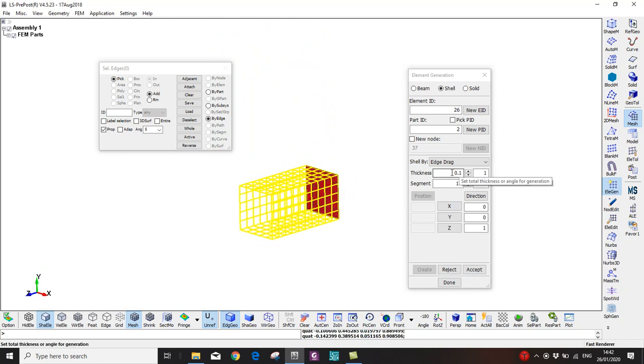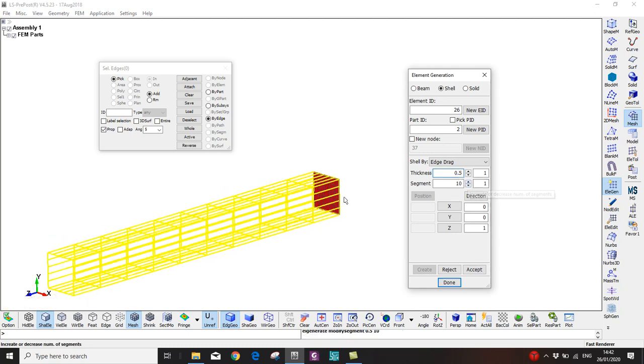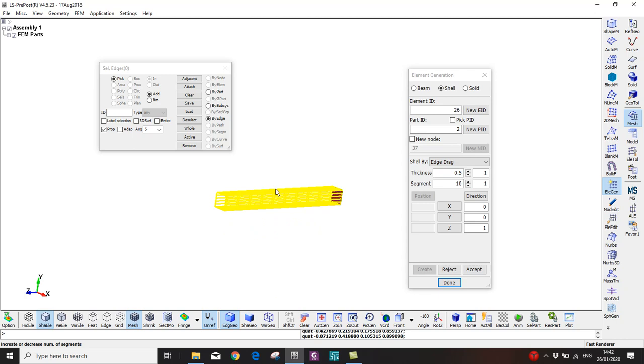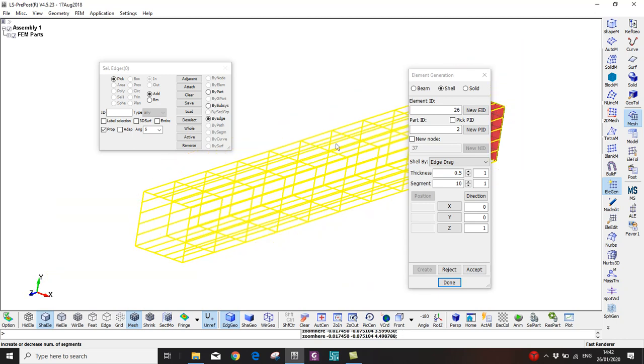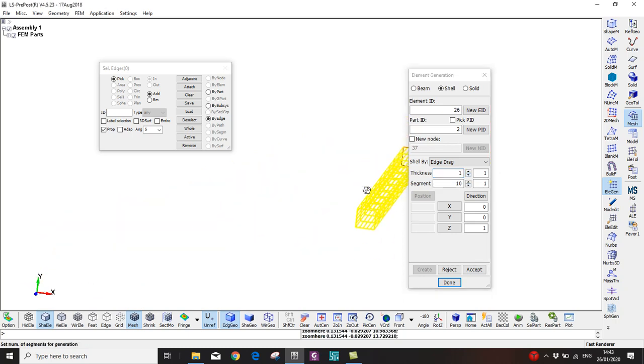Let's say I want it to be longer, 0.5. Okay, this is my tube now. Let's say I want it to be even longer, so I make it 1 meter. So this is 1 meter,